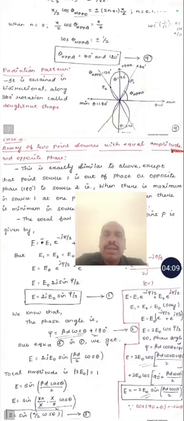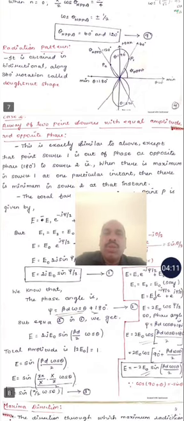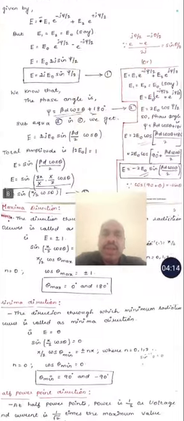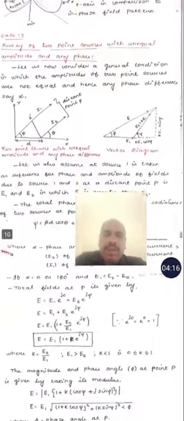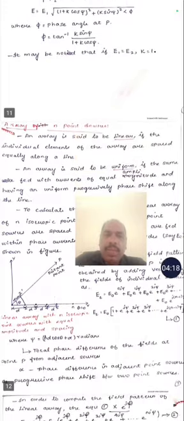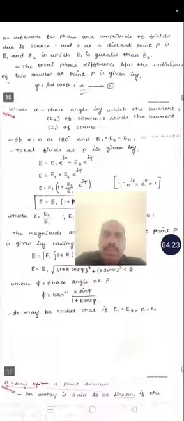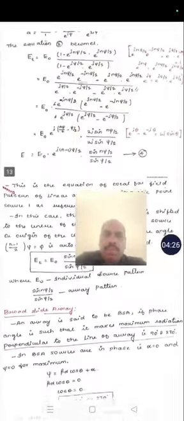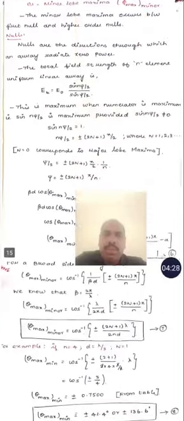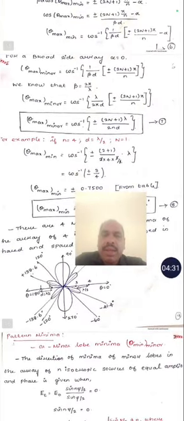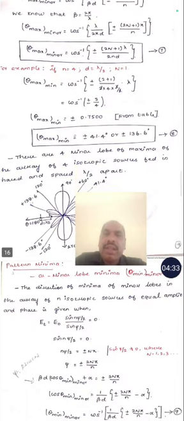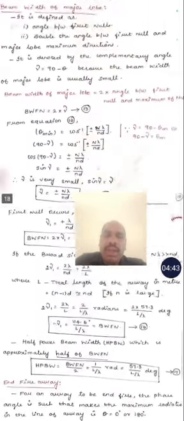The second condition, array of 2 point sources with equal amplitude and opposite phase. In this condition, the maximum radiation pattern is at 90 degrees and 270 degrees. This is the array of 2 point sources: equal amplitude and equal phase, then equal amplitude and opposite phase, and equal amplitude with any phase. Next one is